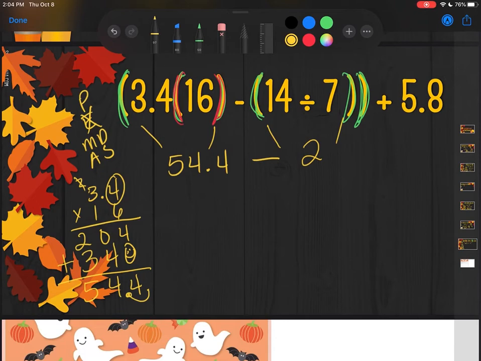Well, that's easy. So remember, when I'm adding and subtracting with whole numbers, I have to think if my decimal's out of sight, it goes to the right. So my decimal's to the right of that 2. So I'm going to do